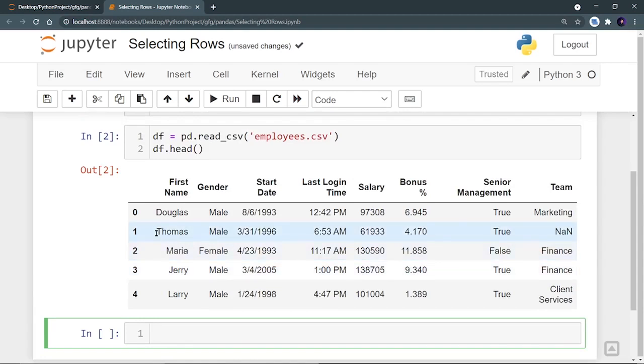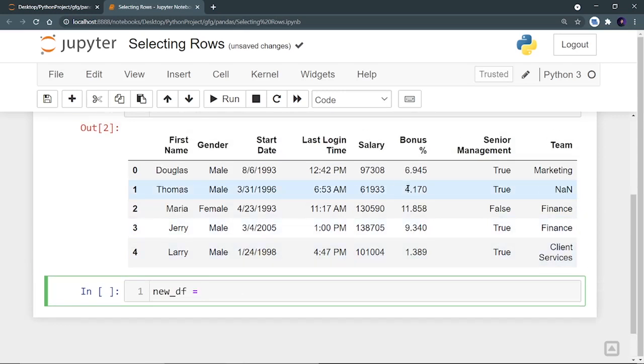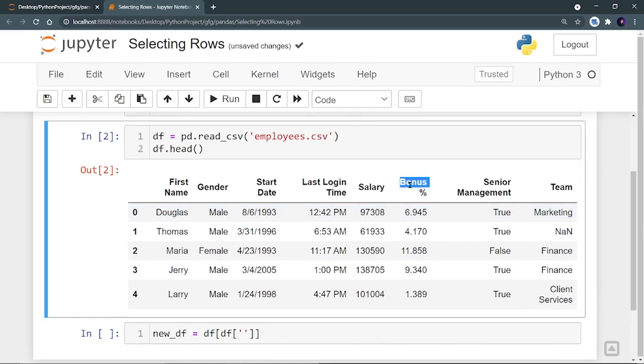Let's say I want to select only those employee rows which have bonus percent greater than 5%. Let's do it. So I will create a new data frame called new_df, which is going to store the rows based upon this condition that bonus percent is greater than 5%. So the new data frame will be containing the data of df at this bonus percent.